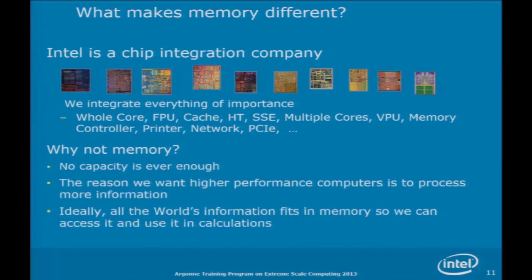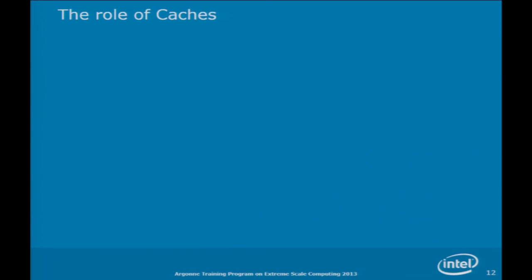Well, with memory, it's a little different. As John von Neumann said, memory is never enough. If you could actually fit it on, then people will immediately ask for something that doesn't fit. They will double the requirement. The reason why we want high-performance computers is we want to process more data, and we want that data at our fingertips as we move along. And so the best solution to that, of course, is caches.